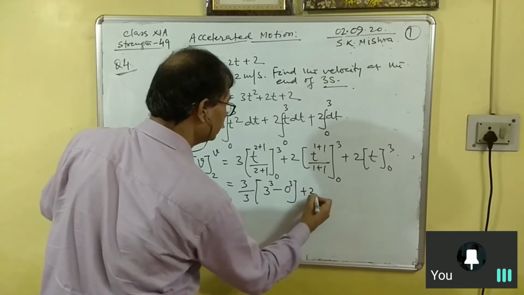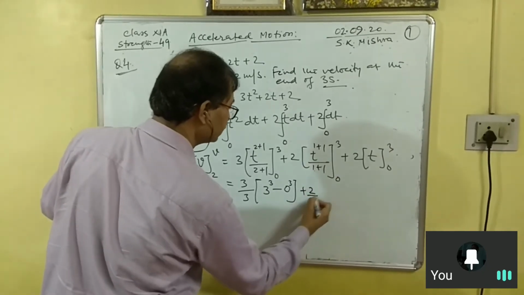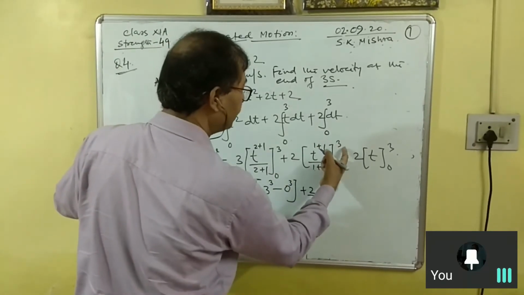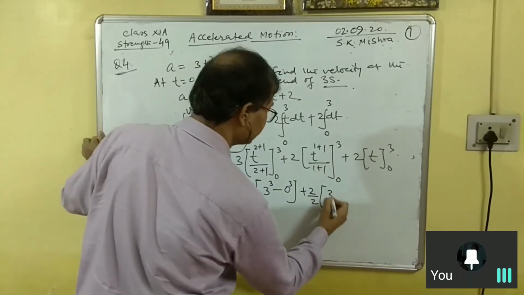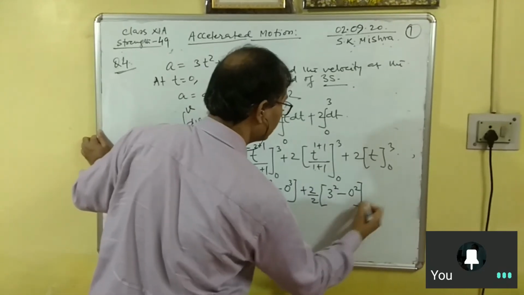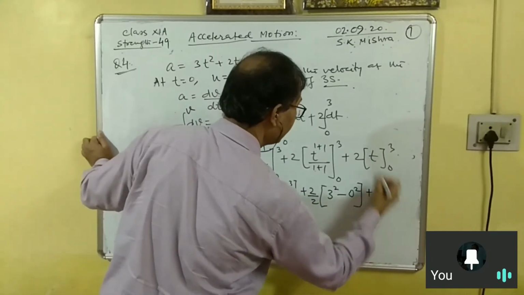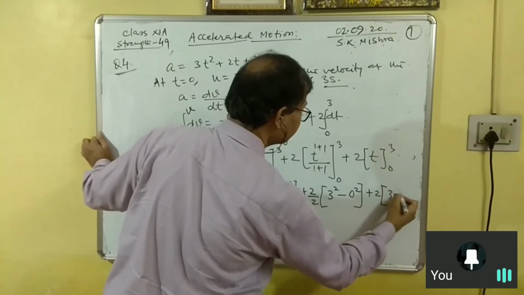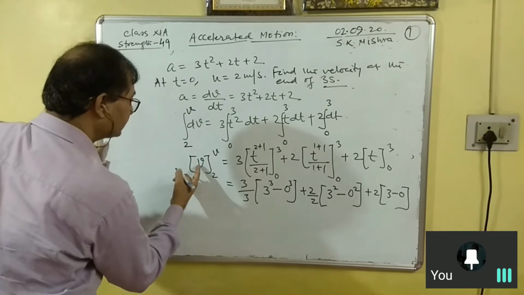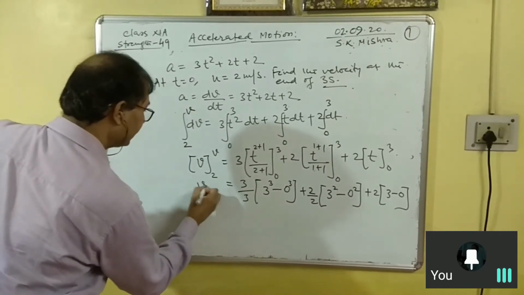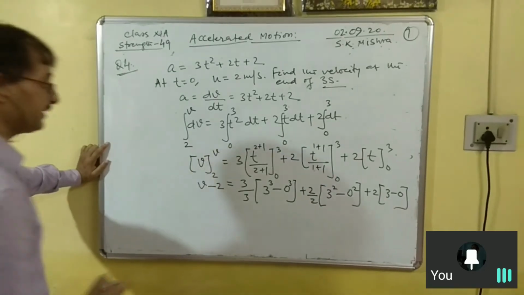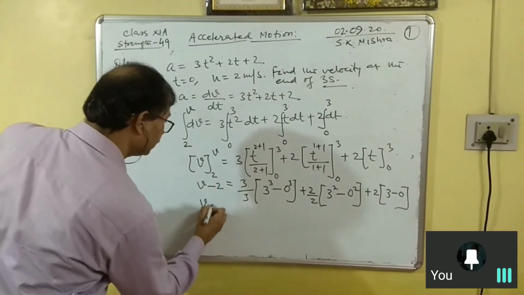Plus 2, and in bracket it is t raised to 2. Now put t is equal to 3, so 3 square minus 0 square, plus 2, and finally t is equal to 3 minus t is equal to 0. Now we have substituted the limit. Now this v minus 2 is the way to put the lower and upper limit. So then v minus 2,